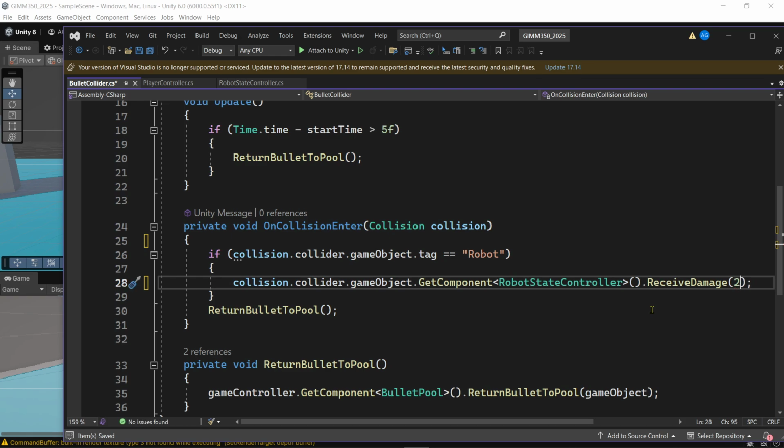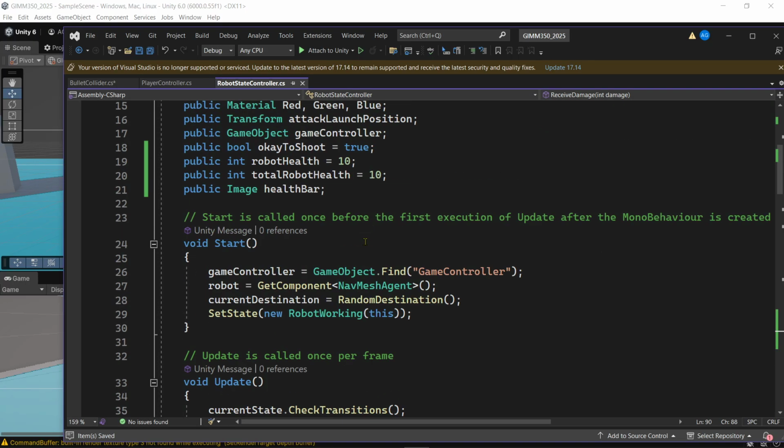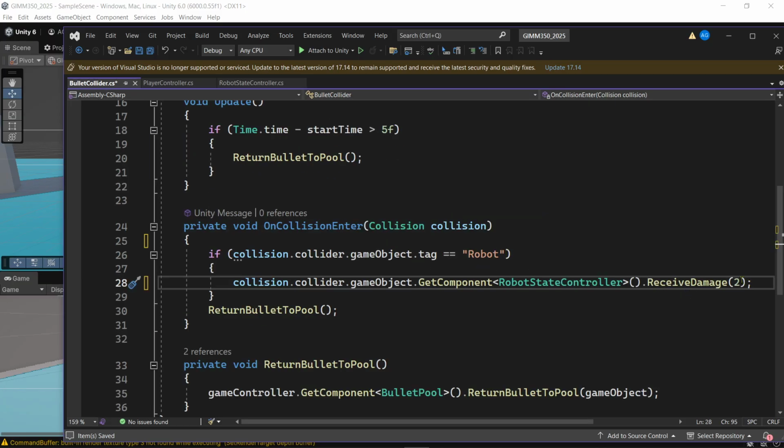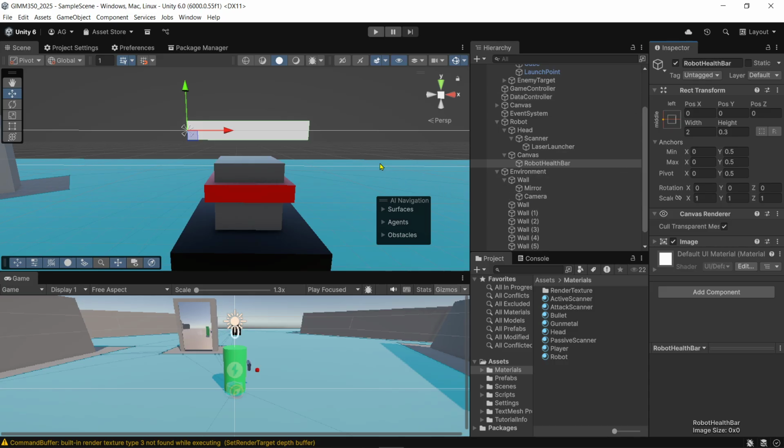Oh, it's an integer, so F is not necessary. Damage is 2. If you wanted to do floats, if you wanted this to be, in this case, damage is 1.5, then you're going to go back to the robot state controller and set up the received damage. It would be a float damage instead of an integer damage, but we are an integer, so we're going to have a whole number. So the robot's going to take 2 points of damage every time we shoot it. And so if we save that and we come back in here,